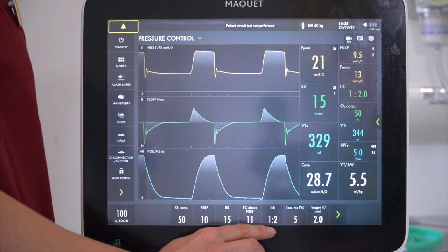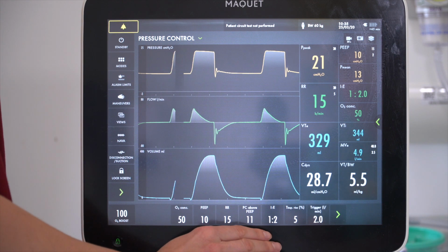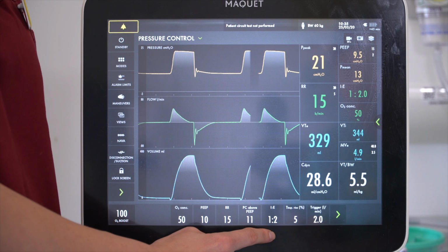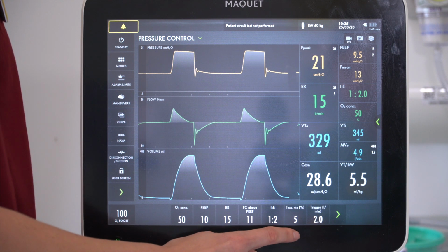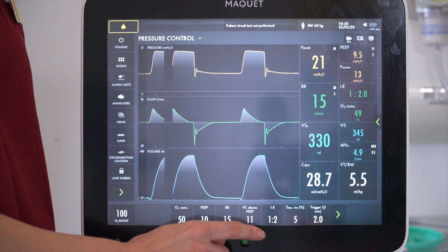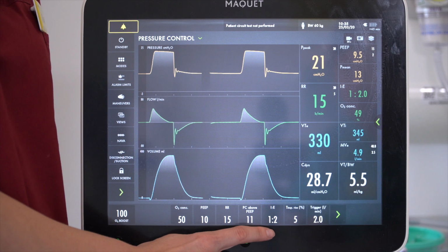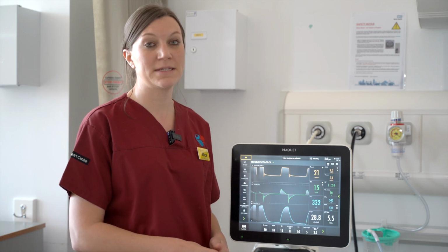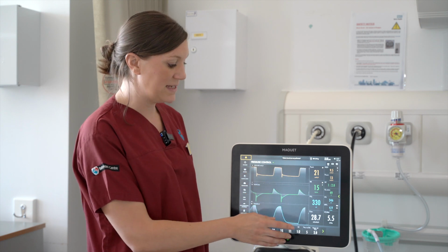The other things that can be set on the ventilator, and will be done so by the ICU team, are the inspiratory to expiratory ratio, your rise time and your trigger. An inspiratory to expiratory ratio is usually set at 1:2, but this may be manipulated in certain circumstances by the ICU team. In this mode of ventilation,